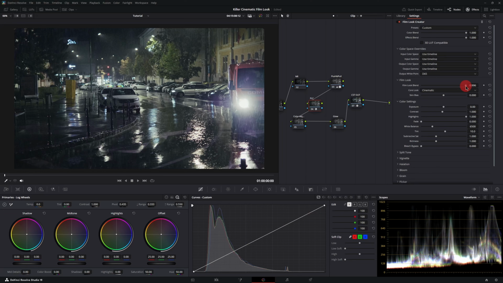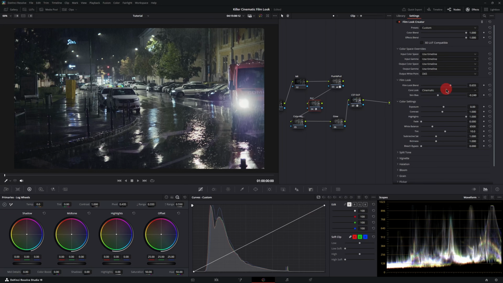Now I'm gonna dial it down a little because I don't want it to be in full force. So around 0.65 something is really good for me, usually. Now for skin bias, I set it to minus 0.2425 because if you go to, for example, -1, this will give you warmer, darker, and more saturated skins. While if you go to +1, you're gonna get less saturated, brighter, and more rosy skin tones. So even though I don't have a person in this shot, I will set it to minus 0.2425 just to